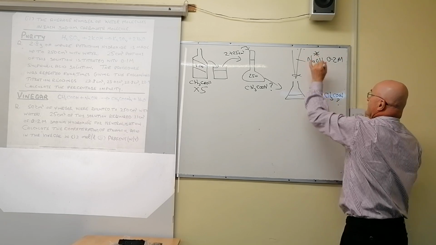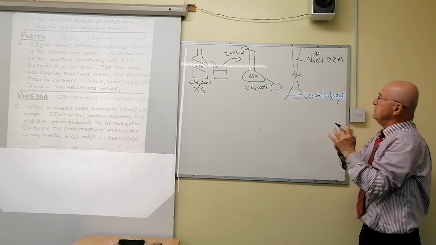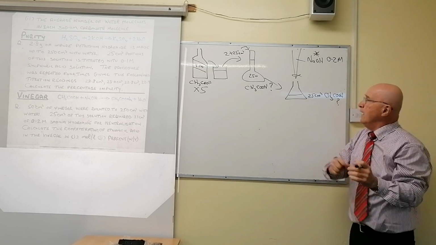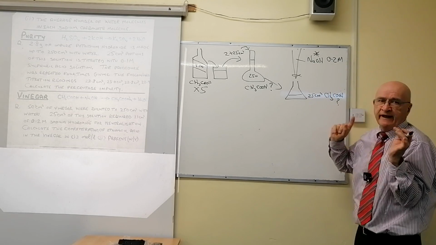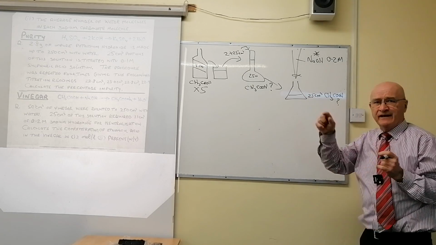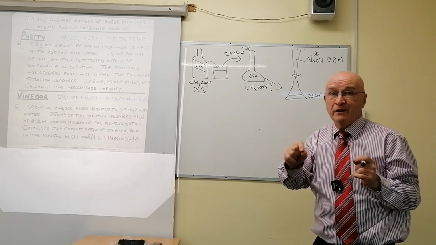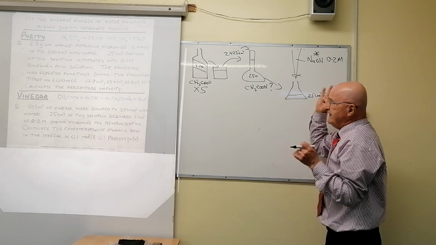I'm putting an asterisk on that because I know its concentration. I have a question mark on this because I'm looking for its concentration. How do I know that that went up here and this was down here? The answer is because 25 means you pipetted it. As it happens, you could have a 20 ml pipette as well, but we nearly always use 25. The 25 is always downstairs, the odd number